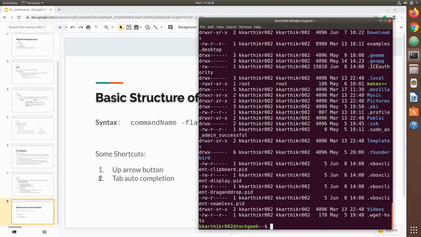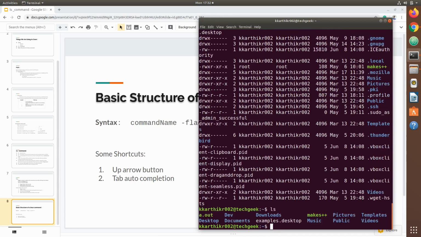Another shortcut is tab auto-completion. Let us see the contents of the present working directory. And then let us see the contents of Desktop.